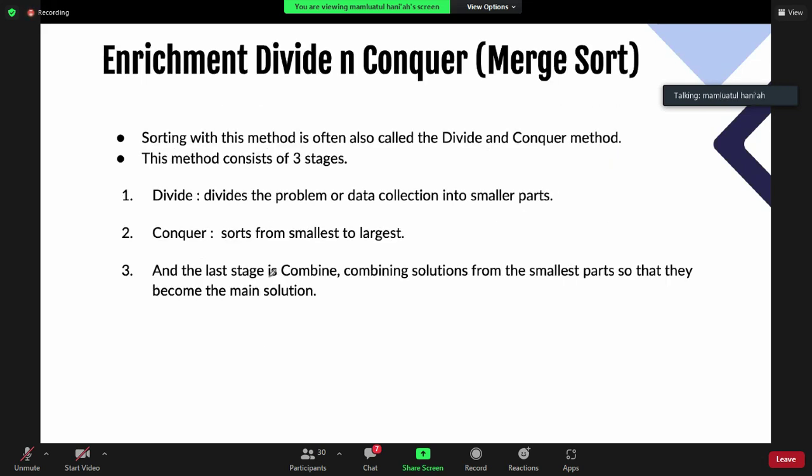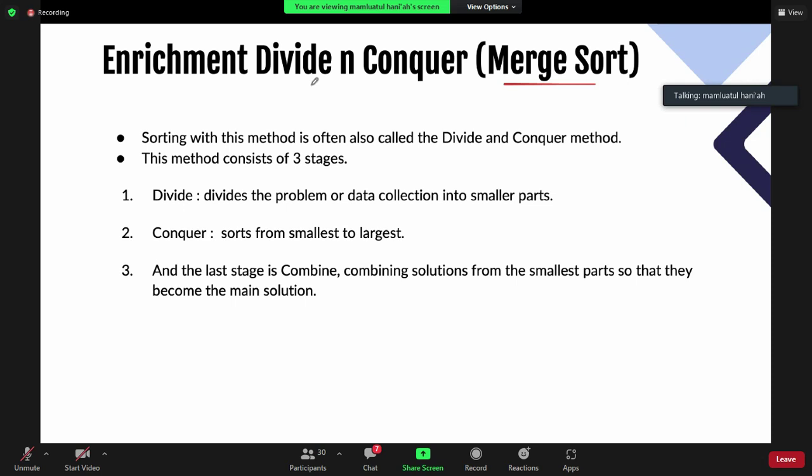Okay, this is just some additional material. You can say it's enrichment or pengayaan gitu ya. Merge sort. This is a sorting algorithm based on a divide and conquer approach gitu ya.